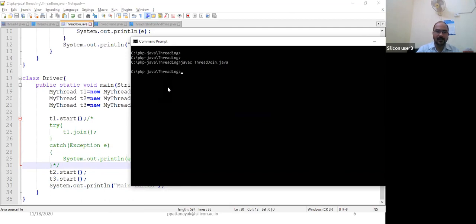It will create the T1, T2, T3 threads and start them, then the main thread's job is over, see. Still the other threads are running. If you force the main thread to wait for the other threads to complete, you can put join inside. You can write join here.